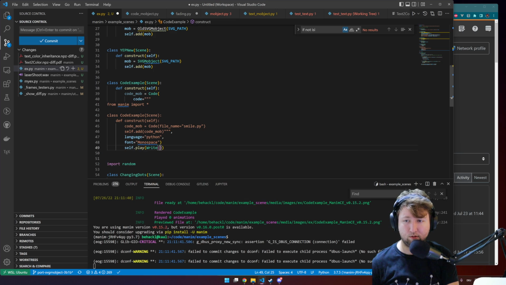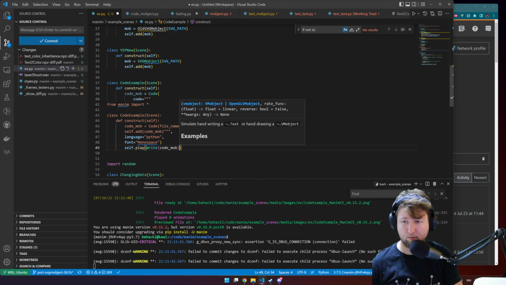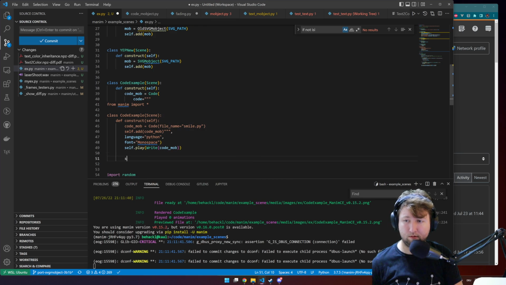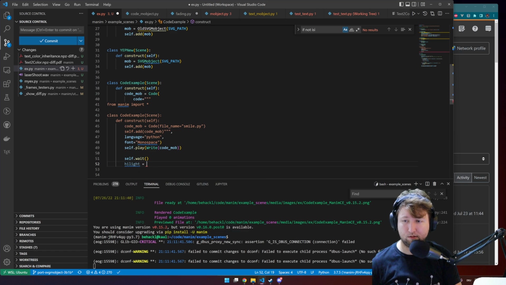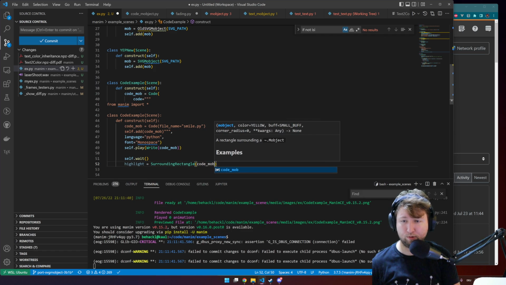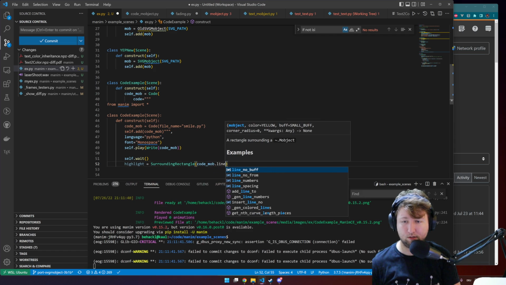Let's write the code. And then, wait, then highlight equals a surrounding rectangle of code object dot lines